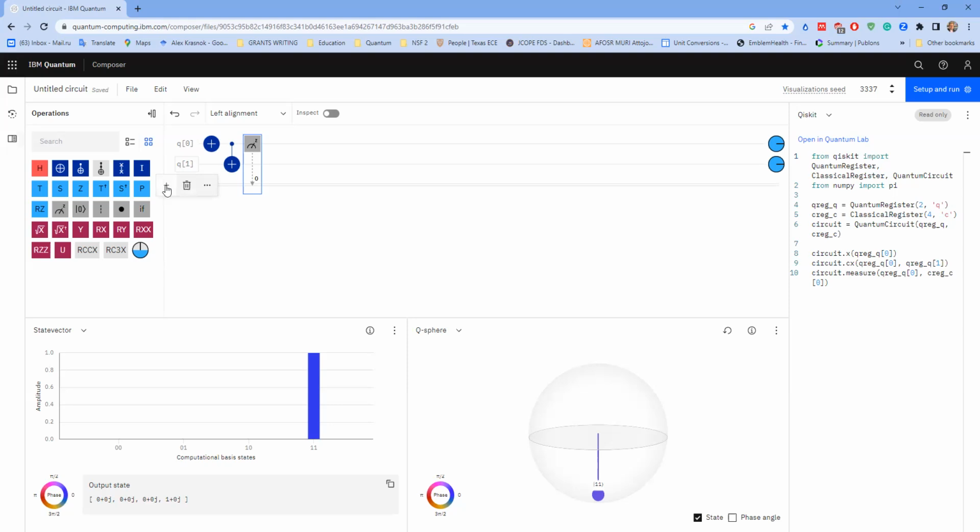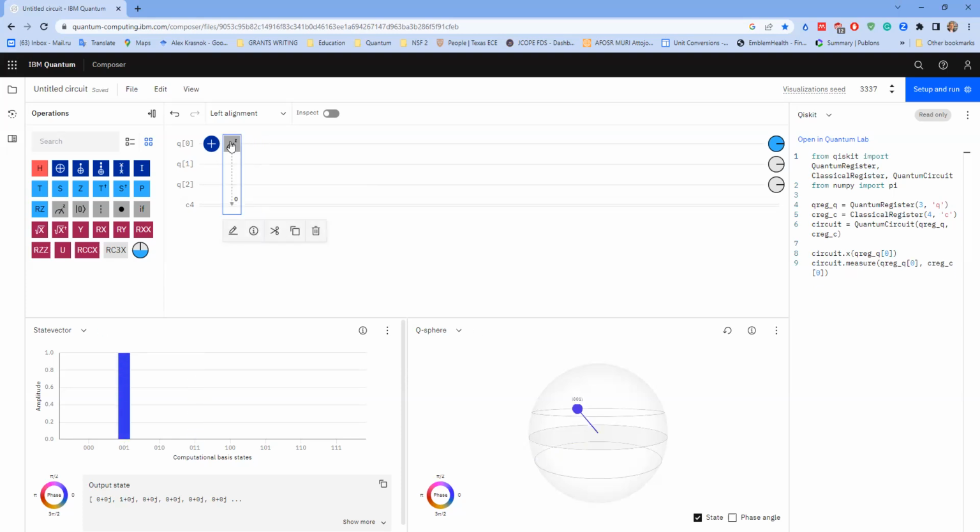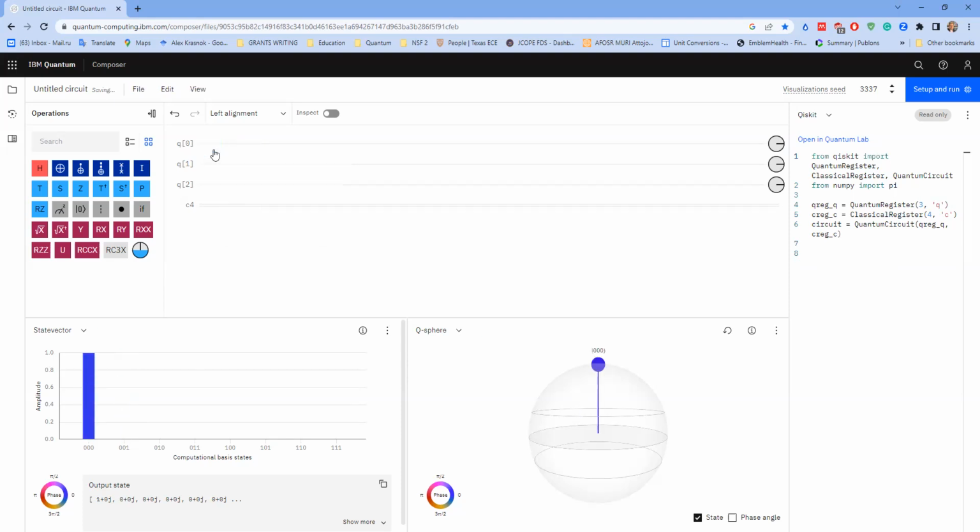If you need more qubits, you just click plus and it creates more qubits here. The measurement element connects the corresponding qubit to the line C, which is the classical baseline, right? And yeah, so in your homework, you will be assigned to do some simulations using both ways, analytically and